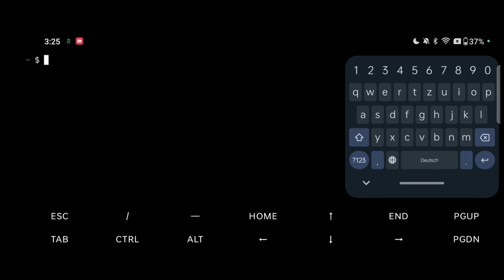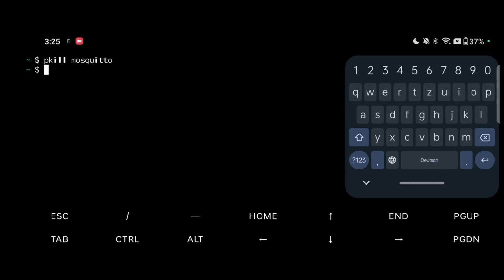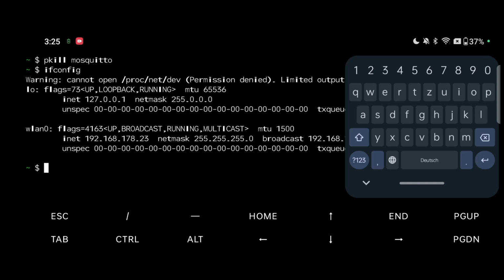Once we have configured our configuration file for Mosquitto, we will first stop the Mosquitto server by writing pkill mosquitto, and then we will find the IP address of our Android device by typing ifconfig. So you can see that our IP address is 192.168.178.23. And now we will start our Mosquitto server by typing